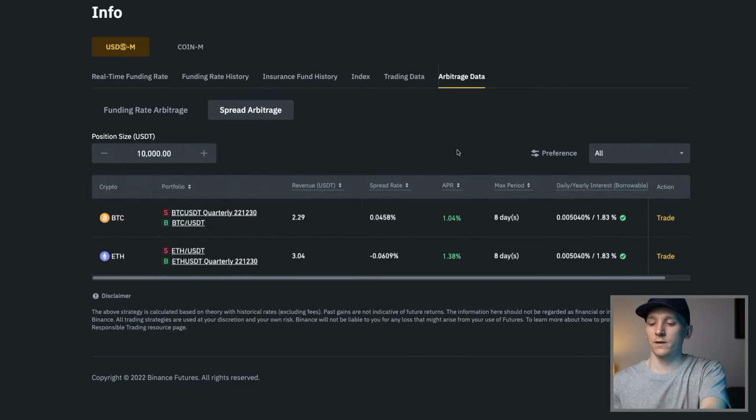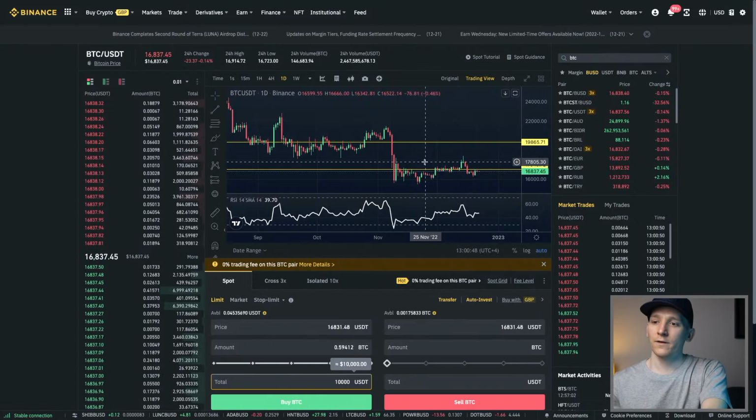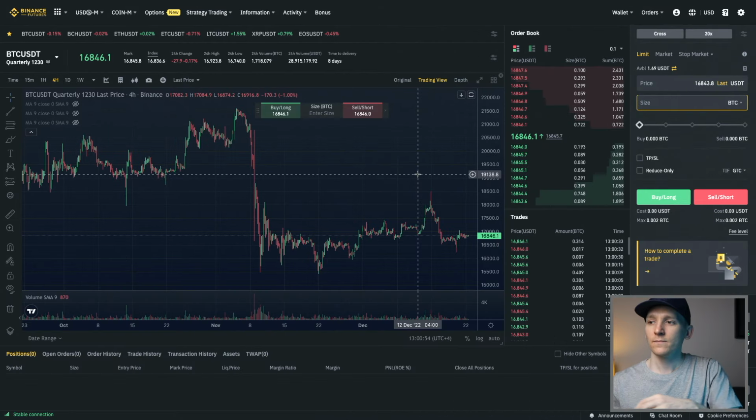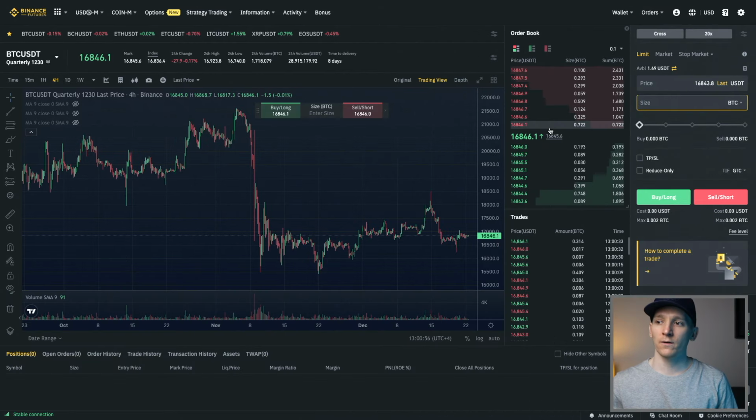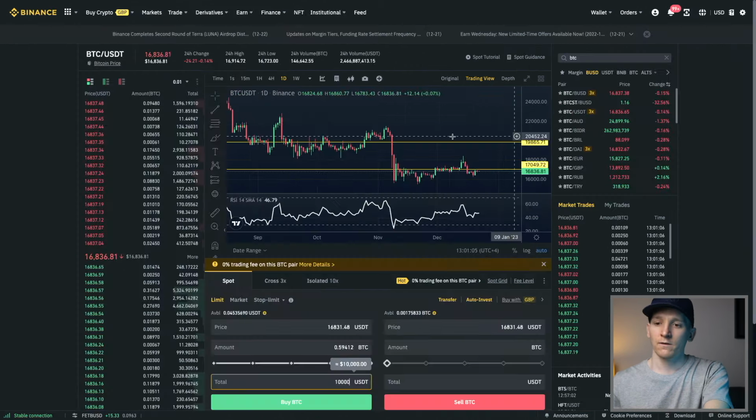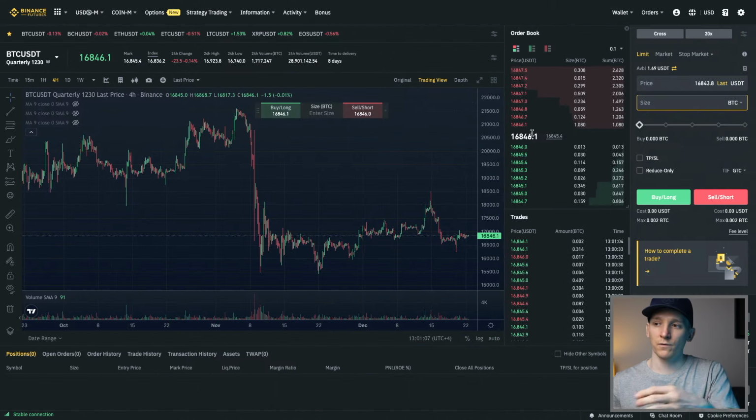But we'll have a look in the real markets here. So as you can see here, the price in the spot market is 16,837. So you can buy an amount at that price, 16,837. And in the futures market for the quarterly delivery in 8 days time, it's trading at a higher price, 16,846. So buy at 16,837, sell at 16,846, and you just lock in that amount. And it's a very small amount, of course, but this is what arbitrage is, just trying to take out small